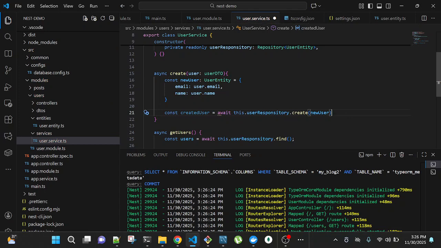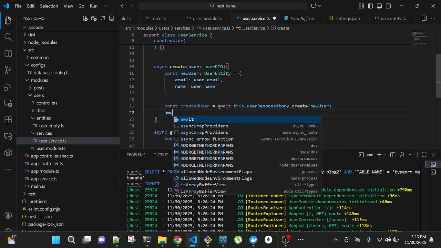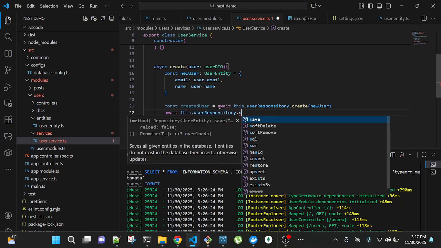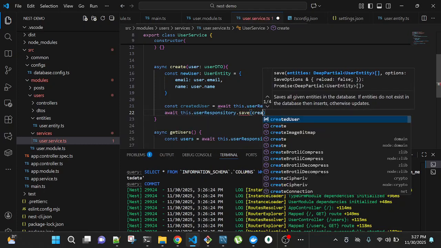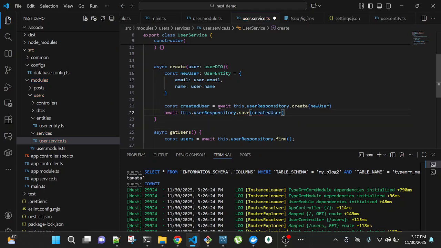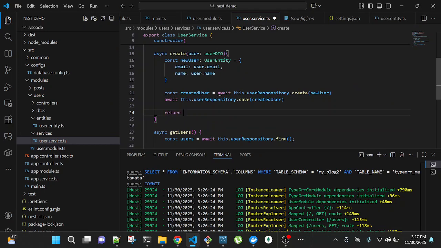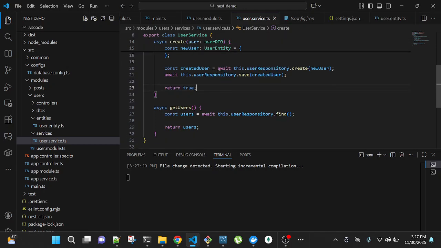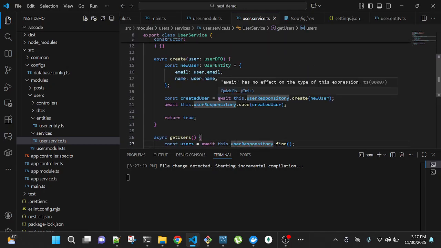They will now save it. User repository dot save.